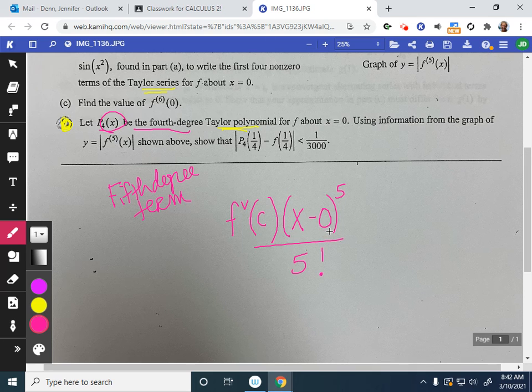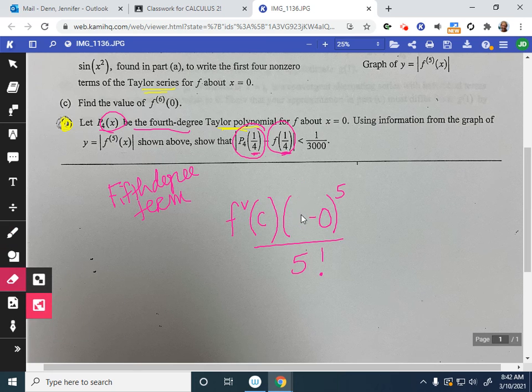So what do I plug in for everything? Well, when I plug in my number for x, that's supposed to be where I'm evaluating this thing. Well, look, I'm evaluating the error at 1/4. That's what these are about, because this is like the value of the polynomial at 1/4 minus the value of the function at 1/4. So x is 1/4. Now this is supposed to be the derivative of the function. If they gave me a range of values for x, then I would have to really figure out what would give me the largest number. But now I do know